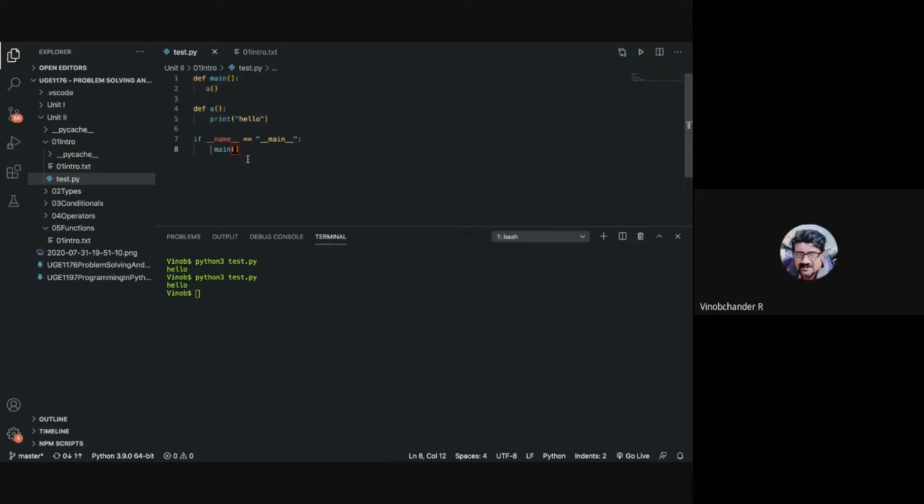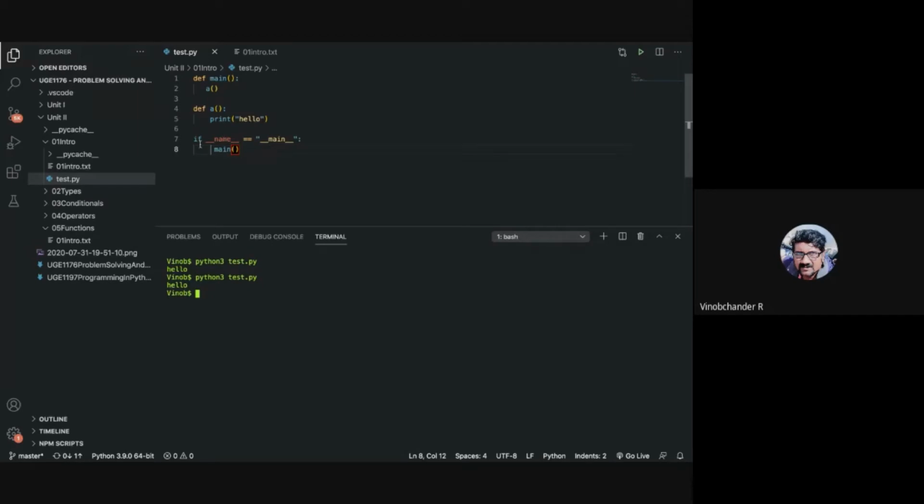Clear. Yeah. Any other questions on this forward declarations? Sir, if we define print hello outside the define main function, then it won't work. Is this statement right? I am not very clear. Come again with your question. Like if we use the define print hello statement outside the define main function, outside the if __name__, will the output be hello? Yeah, it will work.